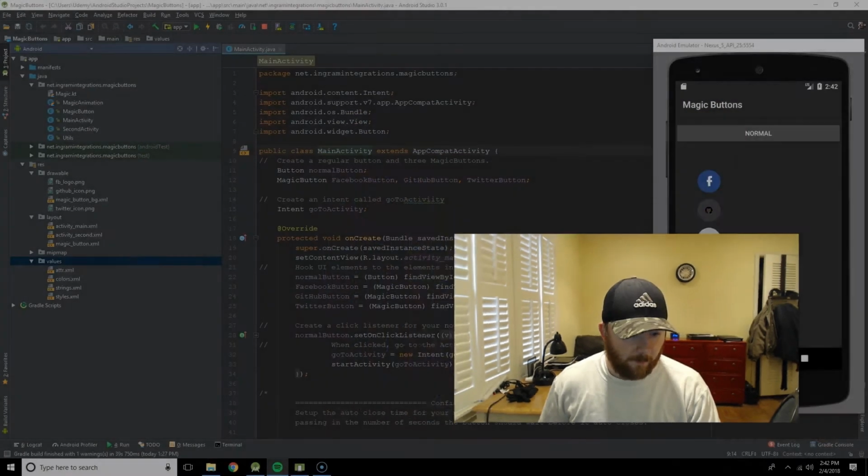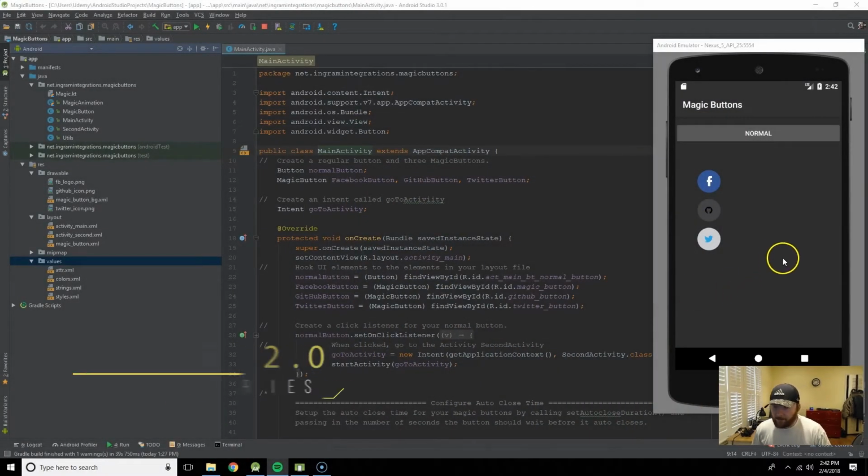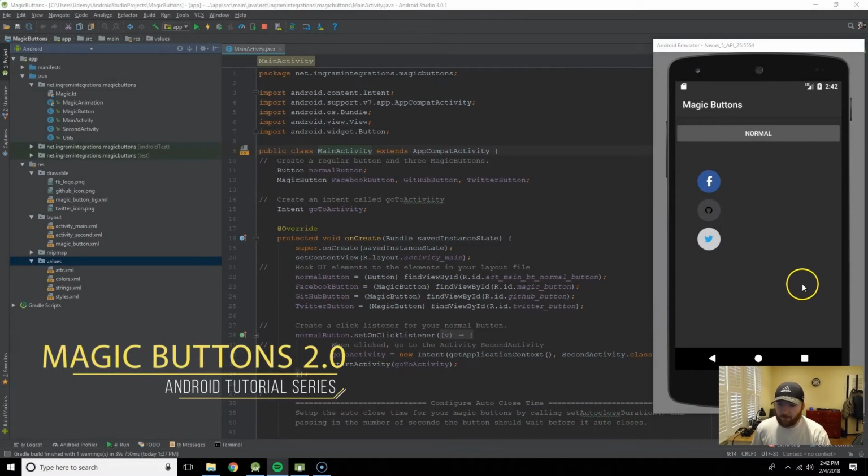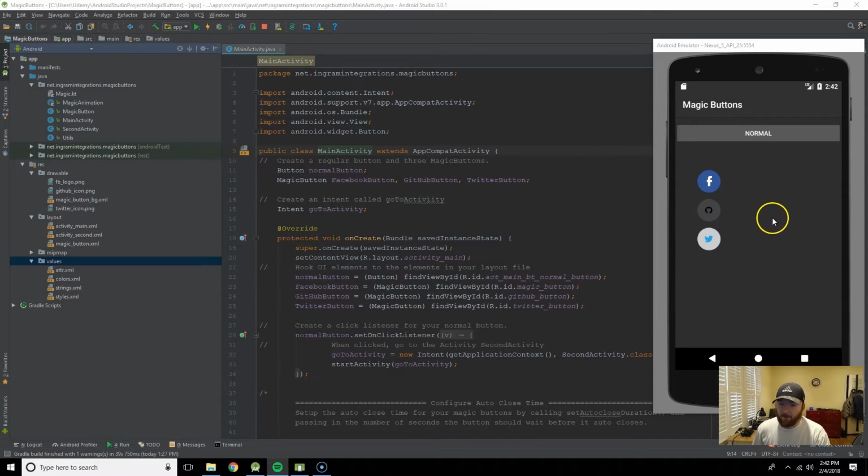I had to make some modifications, and one of my followers, and thanks for that suggestion, asked about auto closing, and the current GitHub repo that I was using didn't have that functionality, so I thought we'd do it ourselves. So this is what it looks like. So after a set amount of seconds, it closes